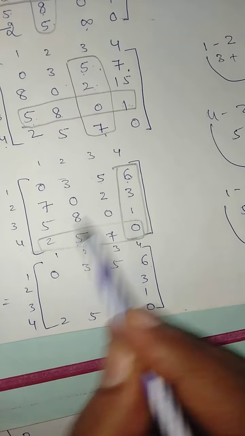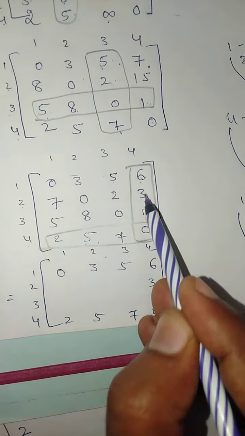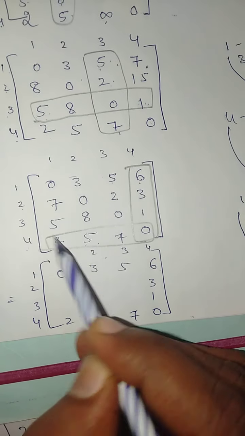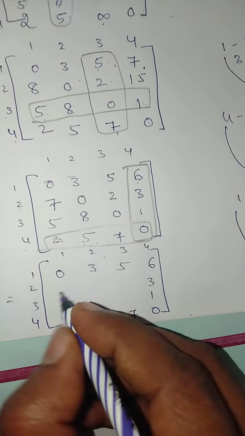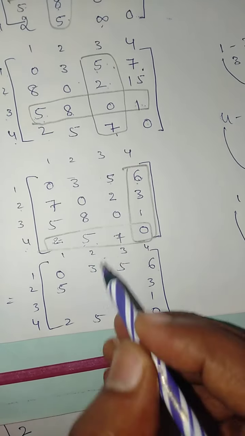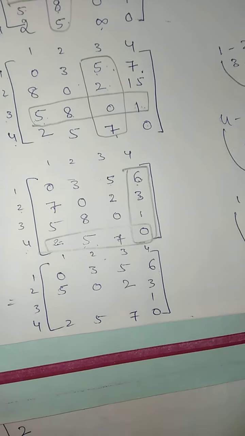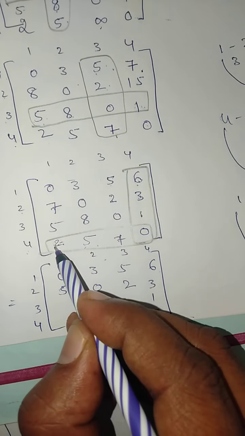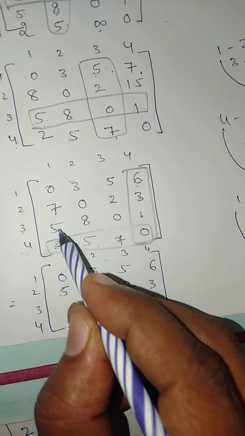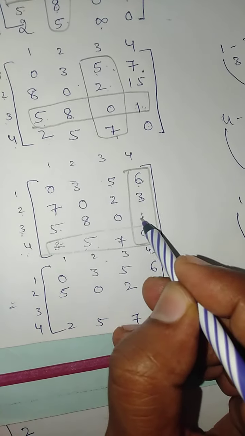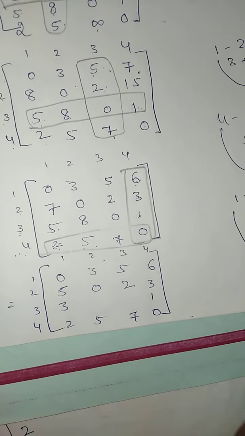Next here, so 3 plus 2, 5, there is a better path, isn't it? See here 2 to 4, 4 to 1, therefore 2 to 1, there is a path with a new cost of 5. 5 is less than 7, I replace here 5. Next 0. Next here 3 plus 7, 10, so 2 is less than 10. Next, so 1 plus 2, 3. See 3 to 4, 4 to 1, therefore 3 to 1, there is a better path. 3 to 4, 1, 4 to 1, 2, so 3 is less than 5, so 3 I replace here.